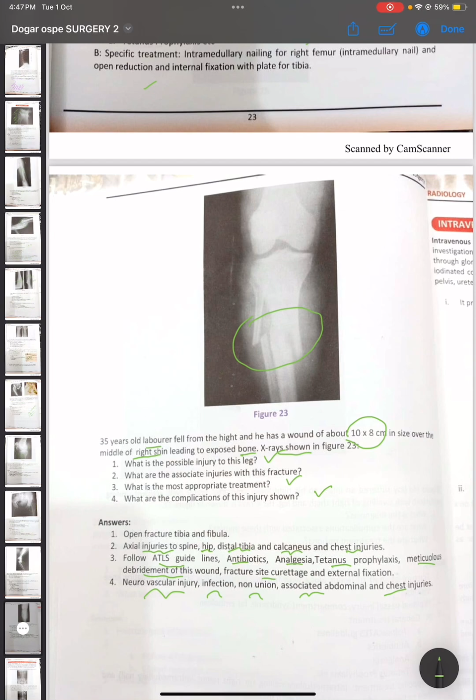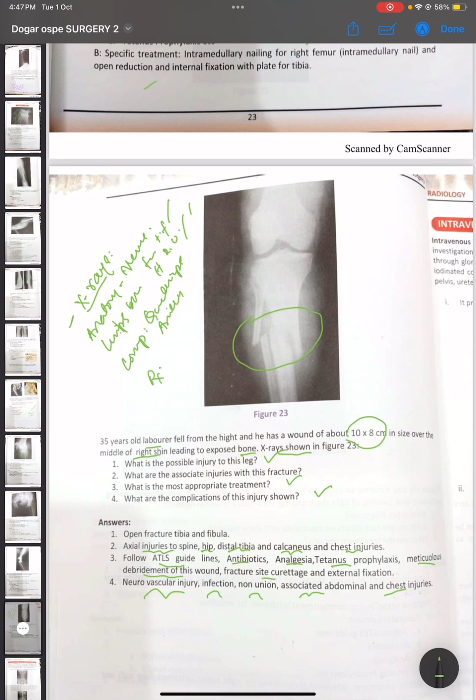So, in general, what we learn in X-rays: to read an X-ray, we should know the anatomy of bones and nerves, especially of the limbs. Okay, femur and tibia and fibula, humerus, radius, and ulna. And what nerves pass here and what nerves pass here, what muscles are present here, so we can write the complications. Here the quadriceps are damaged, or here the axillary nerve is damaged, etc.